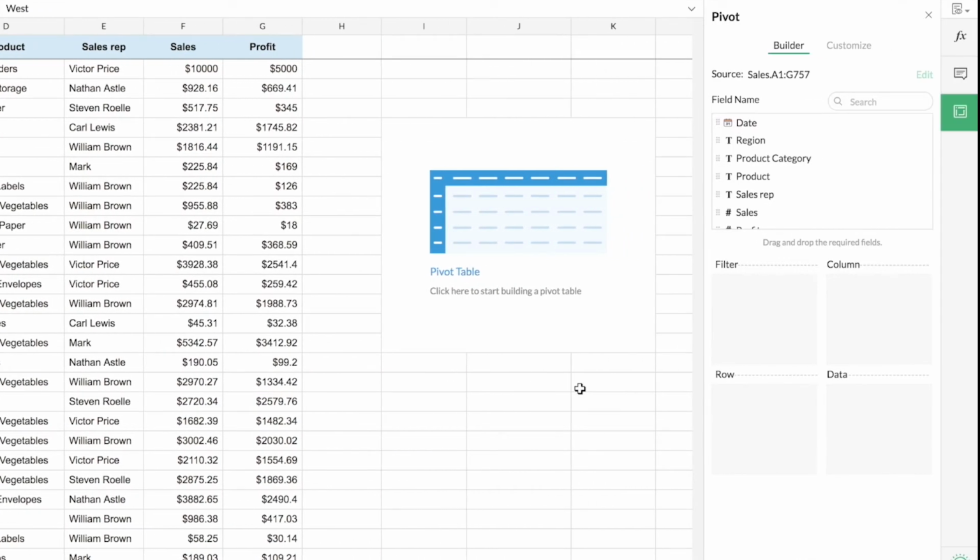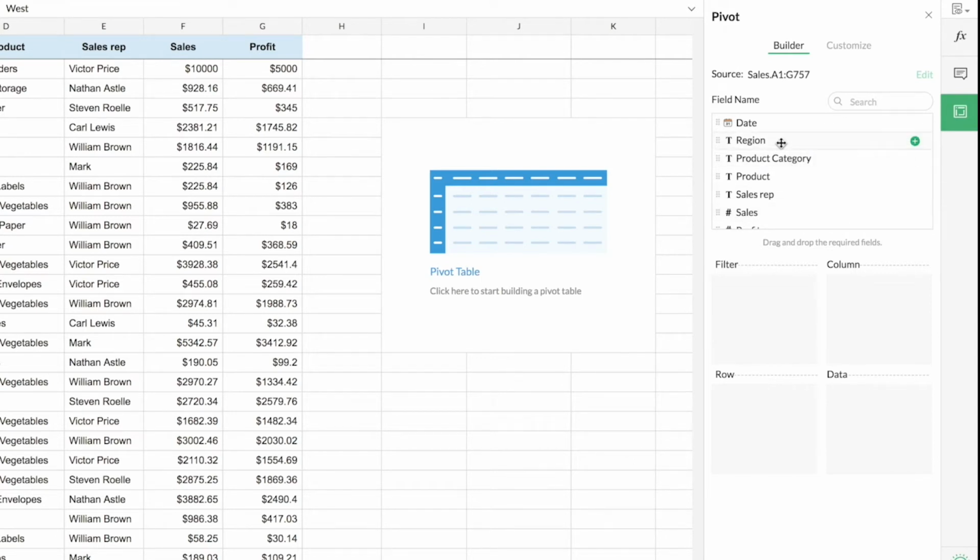That will open up the pivot table builder for me. On the right, you can see the panel. And on the left, you can see an image indication that shows where my table is going to be placed once it's built. So coming to the pivot table builder here, on top you can see that all the column headers from my table have been detected as field names here. From this list, I can simply drag and drop these fields into these boxes given here to build my table. As I had previously mentioned, we are going to build a table to see the region-wise sales of each product category. So the three fields we are going to use are region, product category, and sales.